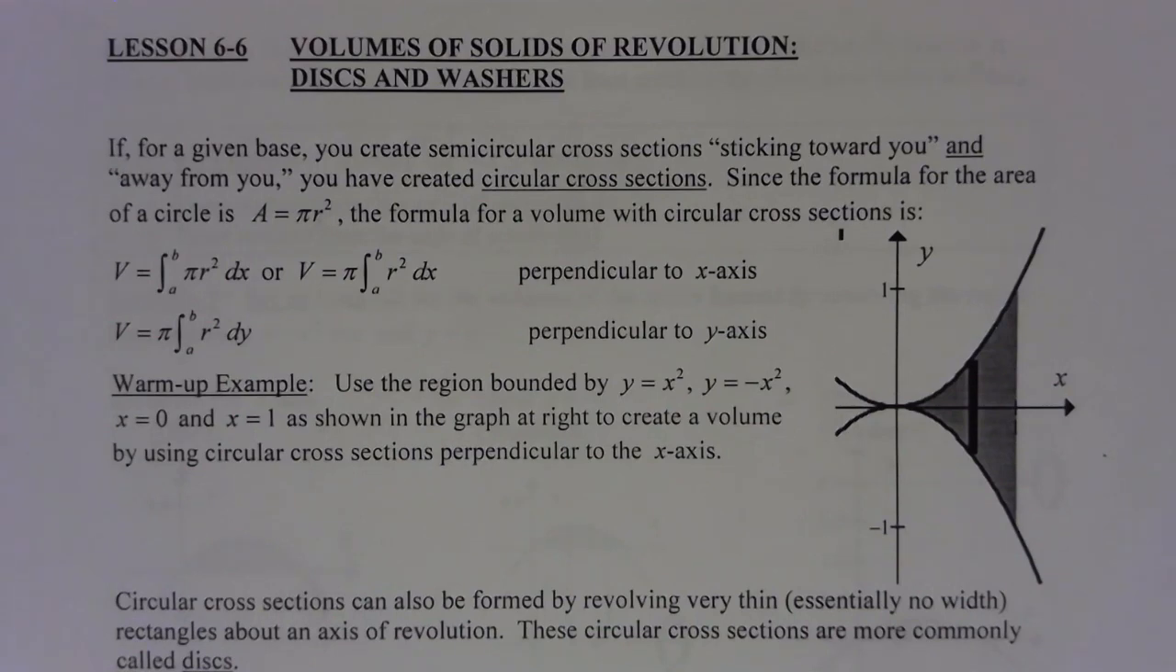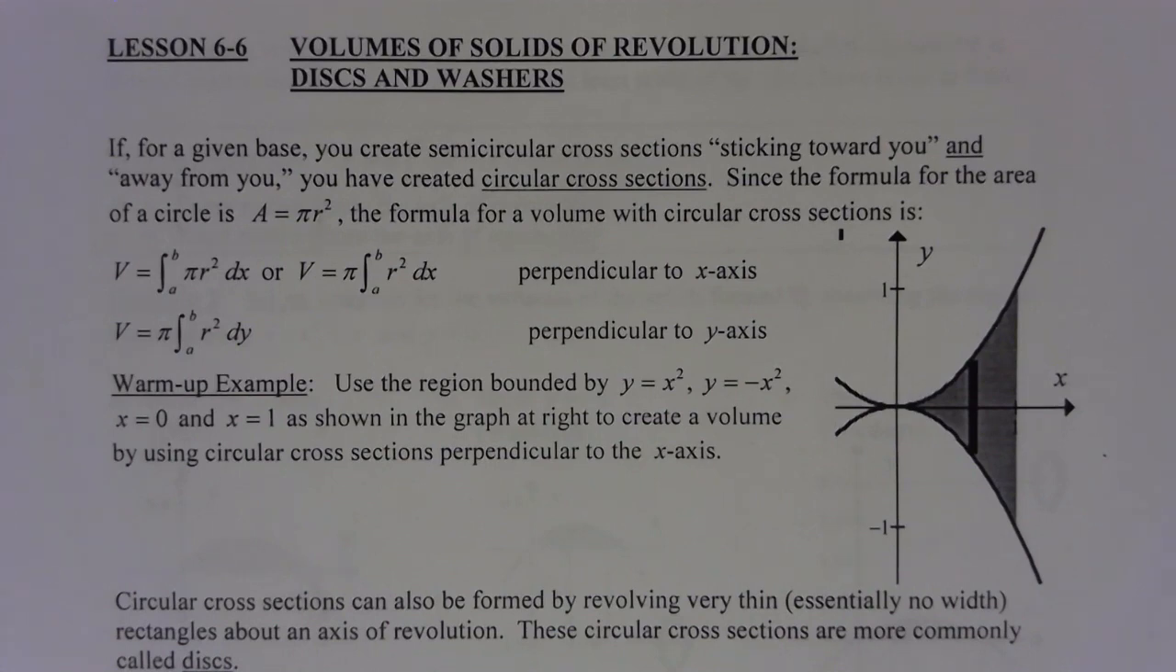Today we are doing volumes of solids of revolution, disks, and washers. For a given base, you create semicircular cross sections sticking toward you and sticking away from you. You have created circular cross sections. Since the area of a circle is pi r squared, the formula for the volume